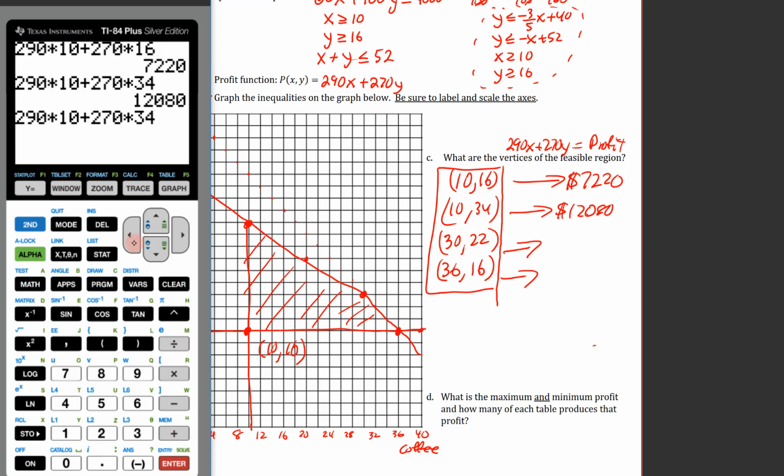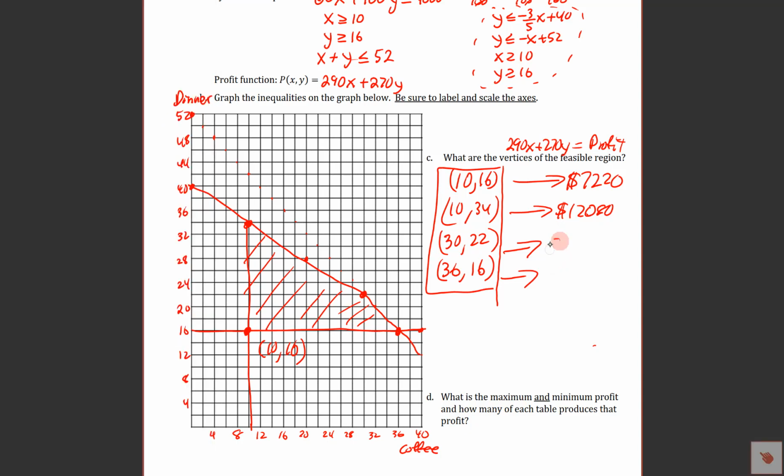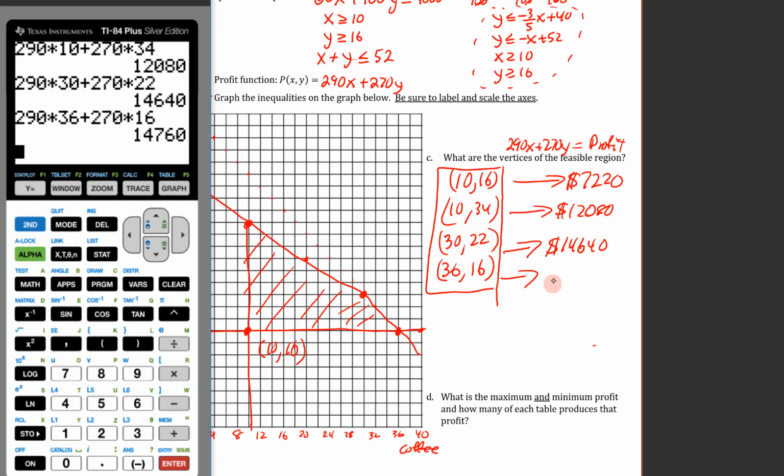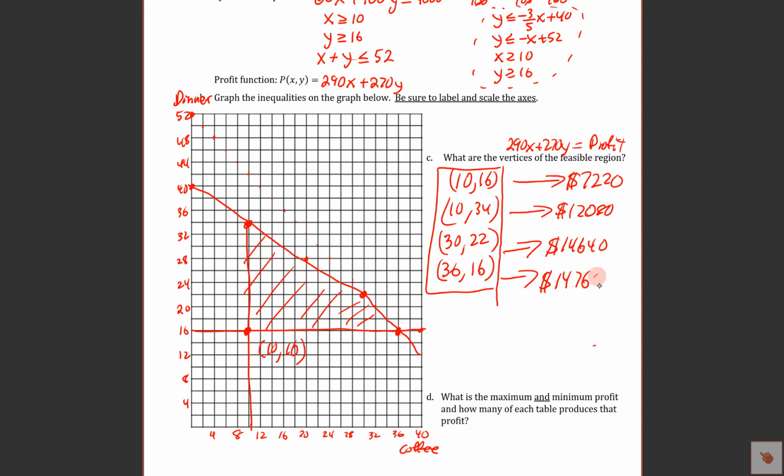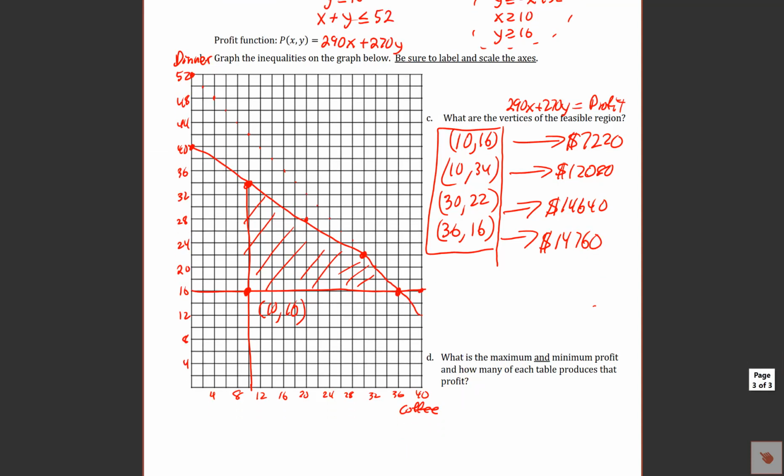And I'll recall these other two guys right here. Recall that. Type this in as, let's see, this would be 22. I'll just do this as I'm going backwards. And this one's going to be a 30. So 30 for x, 22 for y. Go ahead and hit enter. We get 14,640. And while I'm over here, I'm just going to pull this up, and we're going to change this one to 16. So 16, and the other one needs to be a 36. All right, so let's check that. Okay, so we get 14,640 for this one. And then the other one was 14,760. All right, now if we go down to the bottom of the page, what it wants to know is